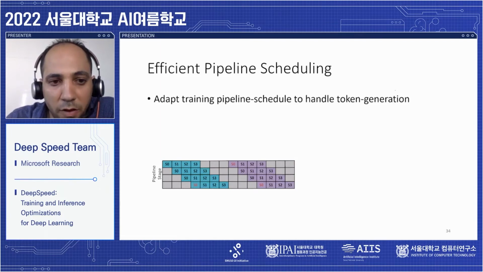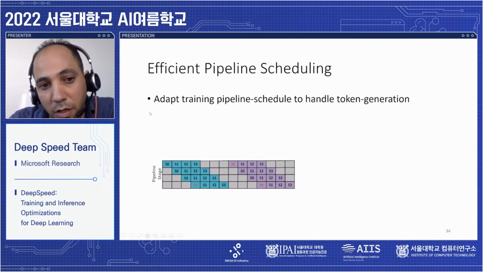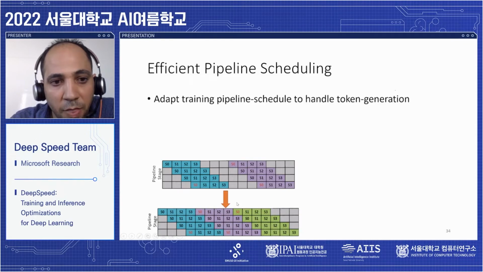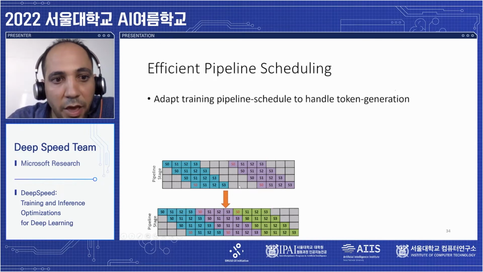So regarding the pipeline schedule, here we are showing the schedule of a pipeline during training, that is using the training schedule for the inference during the token generation. As we see, there is a large bubble between a batch and the second token generation phase, and to remove these bubbles, next. We actually don't have any dependency between the token generation of a batch and the next batch. So we can just modify the schedule so that they issue the next token much earlier. And next,